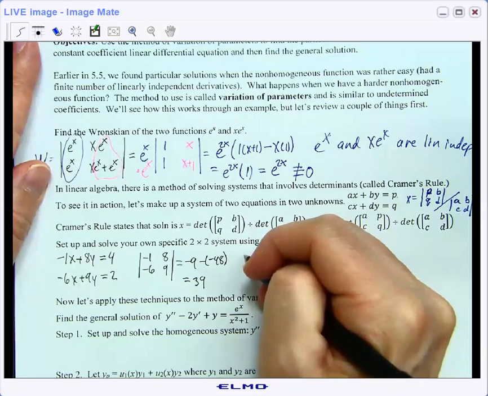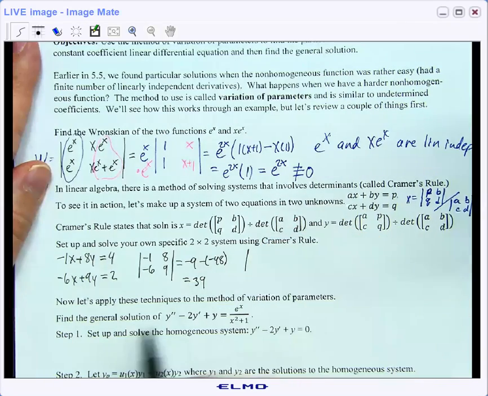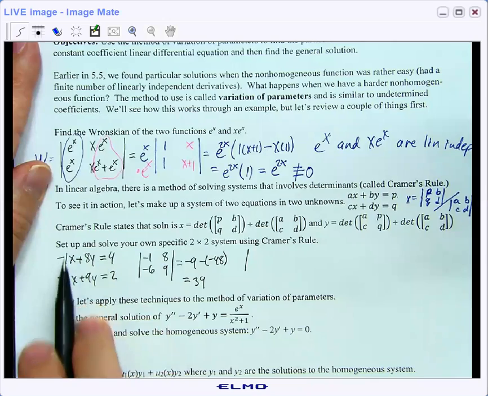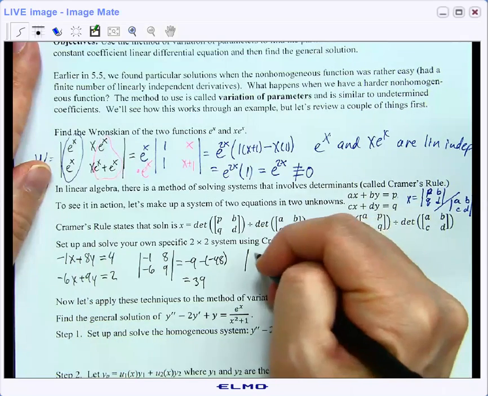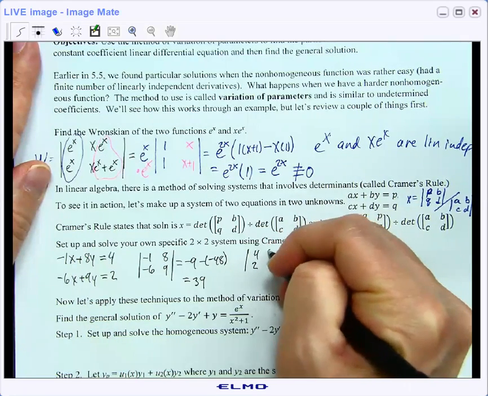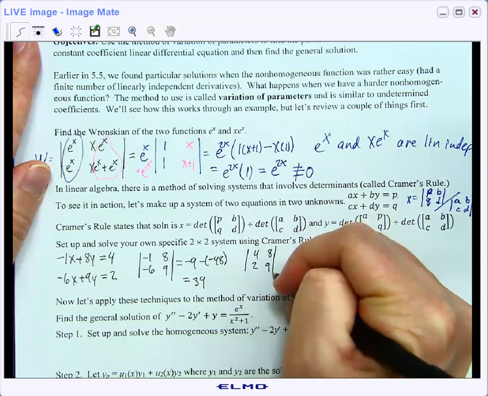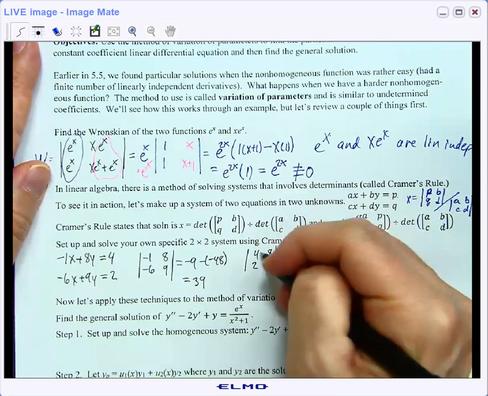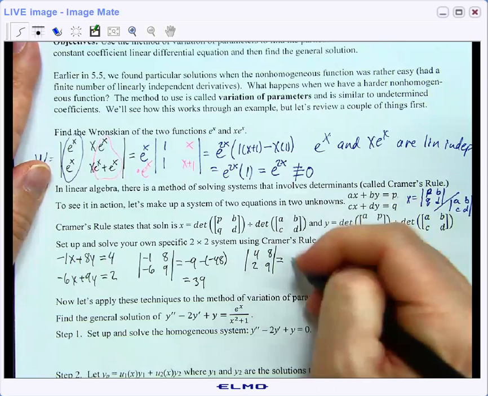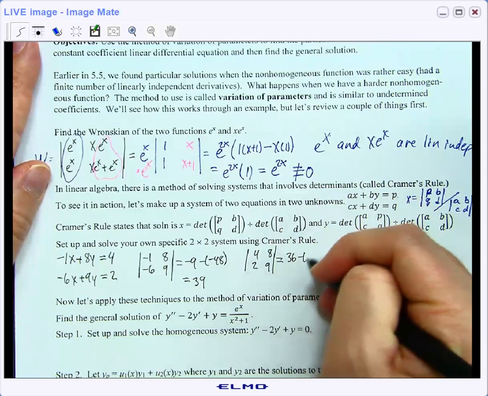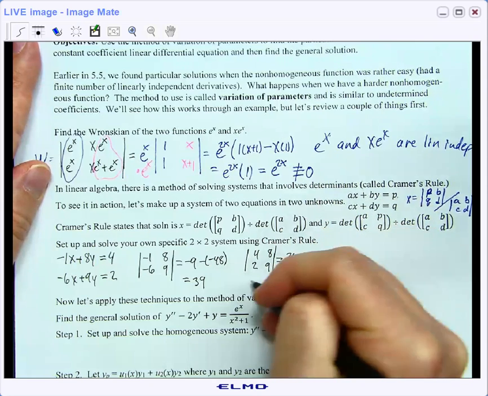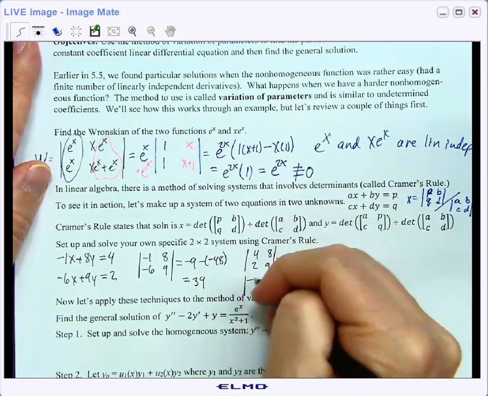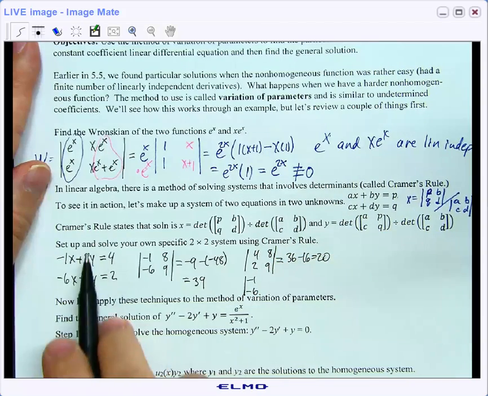And if we put these constants in place of the coefficients of the x's, we're going to get 4 and 2, 8 and 9. And if we do that determinant, we're going to get 36 minus 16, which is 20. If we do it the other way, and we put the constants in for the coefficients of the y,